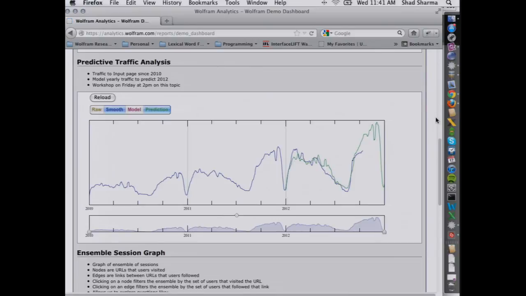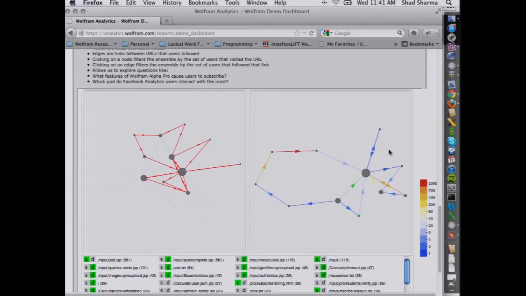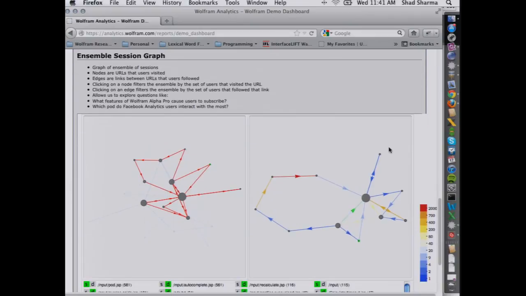The last thing I'd like to show you guys is a new thing that we're working on. It's this ensemble session graph. It hasn't managed to tell us a story yet, but we're hoping that it will. The point here is that it's a process of exploration. So the idea here is that we have a graph, which is an ensemble of sessions. Now, a session is a clickstream: when a user arrives at the home page and they start browsing your web page, it generates a clickstream, and we call this a session.